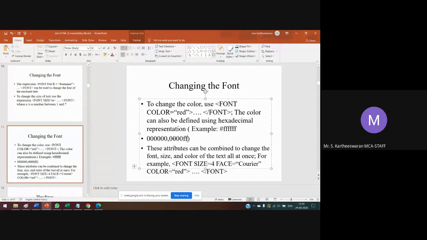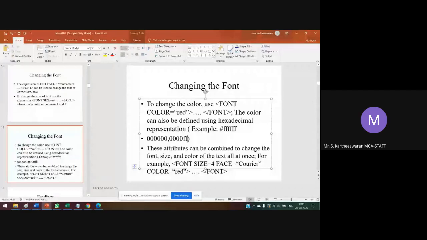These attributes can be combined to change the font size of text. Here we have to use, for example, font size equal to 4, font face equal to Courier, color equal to red. We have to end with /font.